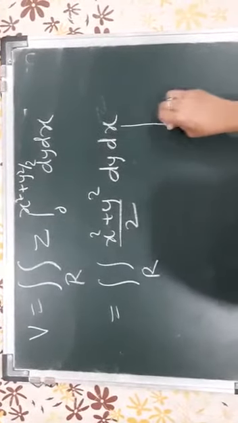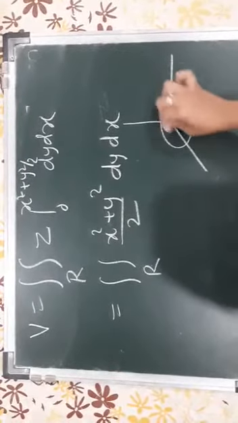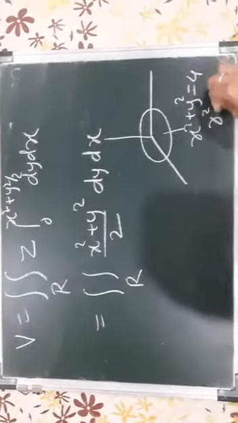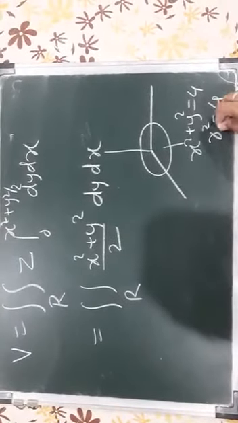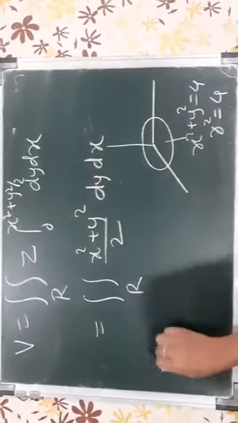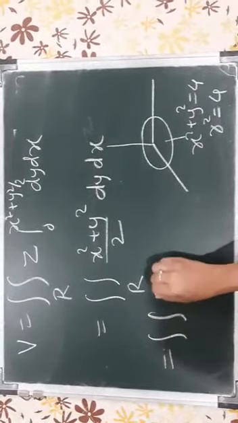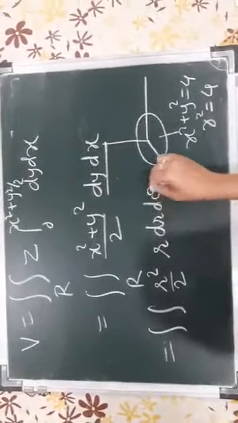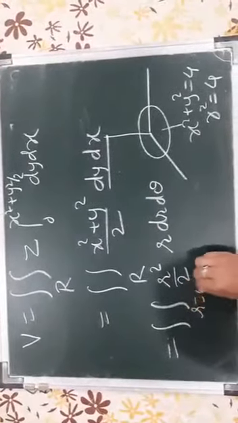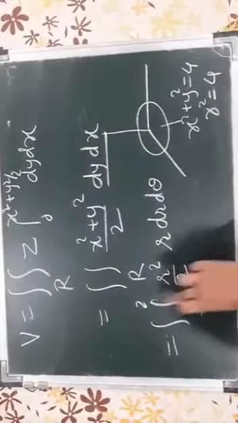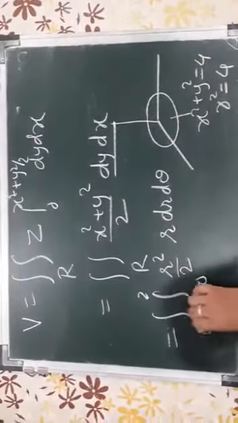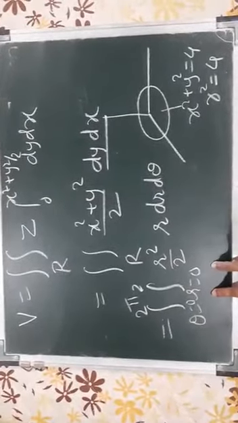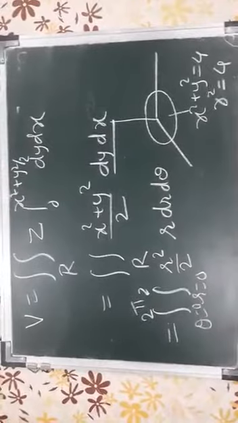So what is that polar coordinate curve? That is the base curve which we had. It was that circle x square plus y square is equal to 4. So it's a circle with r square is equal to 4 because using the polar coordinates x is equal to r cos theta, y is equal to r sin theta. This will become double integration r square by 2, dx dy will be replaced by r dr d theta, and limits of r will become 0 to 2 because r square is 4, and it is the entire circle, so limits of theta will become 0 to 2 pi. So converting this to polar coordinates becomes very simple to solve, and now you actually do the calculation.